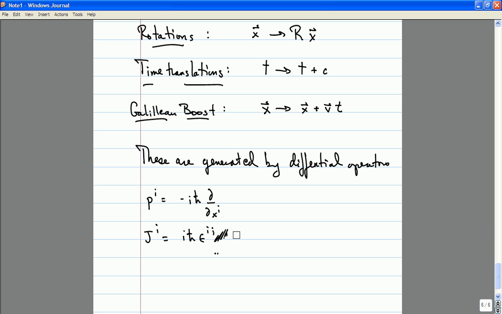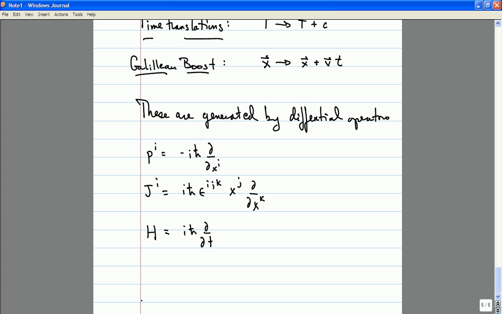Okay, good. Epsilon_ijk x_j d/dx_k. The generator of time translations is usually called the Hamiltonian, of course, and that's i ħ d/dt. And in order to understand what the generator of the Galilean boost looks like, let's just note that under a Galilean boost,